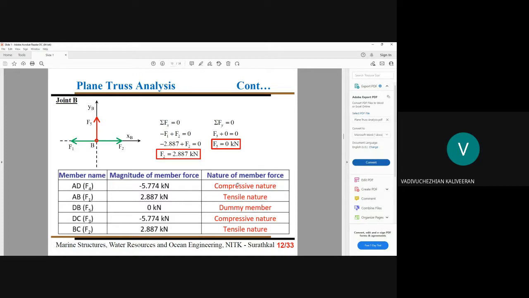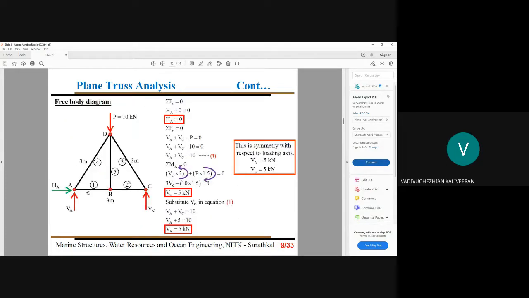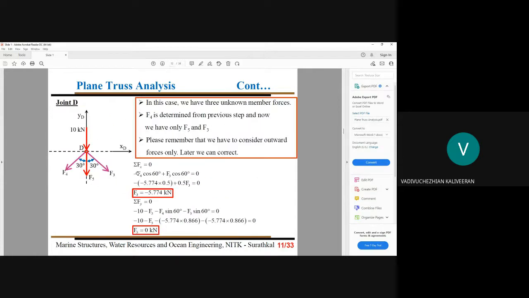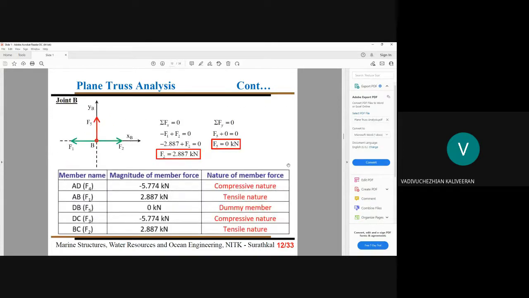After fixing our member forces, we have arrived at the member forces along 4, 1, 5, 2 and 3. We should not leave it as it is. We have to make a tabular column so that it will be easy for us to remember which one is under compression and which one is under tension, and we can also proceed with our further steps related to design. So now you have to note this: our AD,